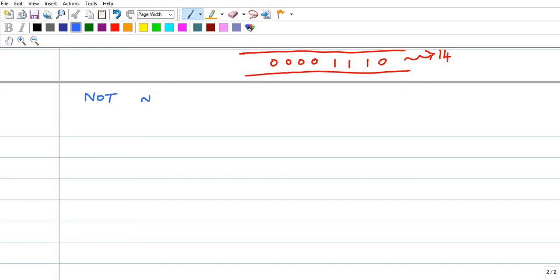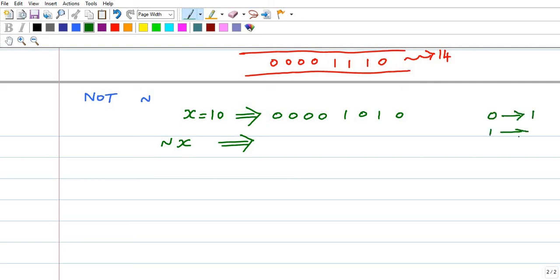Suppose I want to perform the NOT operation for x. x is 10, and the corresponding binary equivalent is 0000 1010. The complement of x flips each bit, so I'm writing the result 1111 0101.